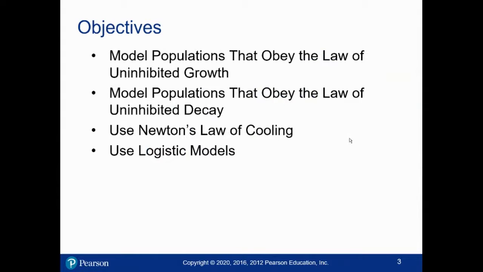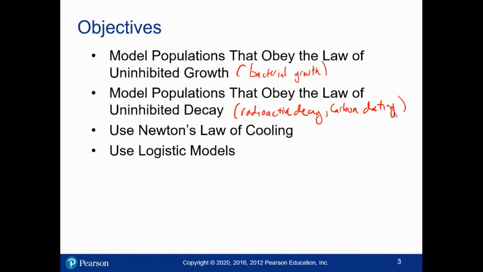We're going to do a couple of different things, uninhibited growth and uninhibited decay. The first is frequently used for bacterial population growth, where you assume it can grow without running into any barriers for quite some time. Uninhibited decay is most commonly radioactive decay, including, for example, carbon dating, is an application. Newton's law of cooling, and then logistic models,